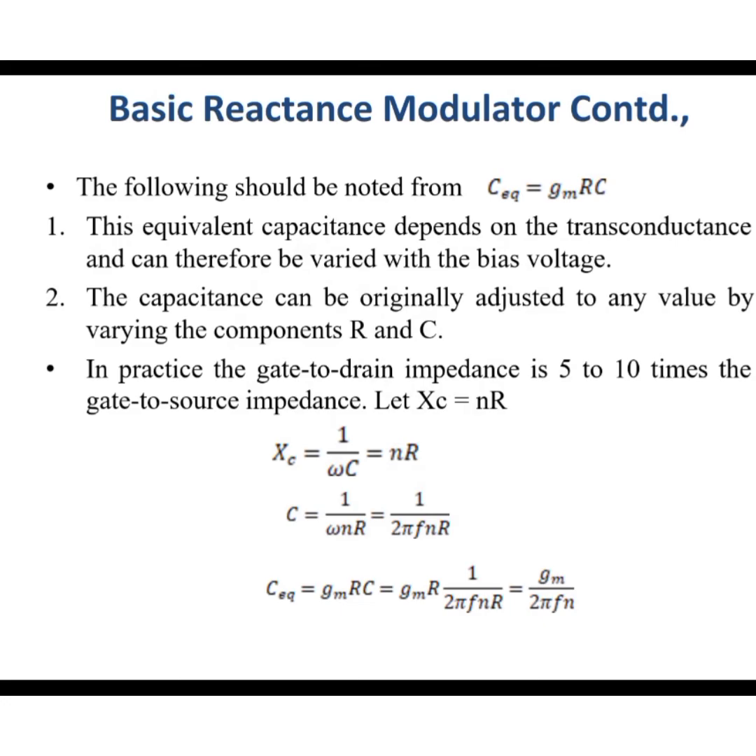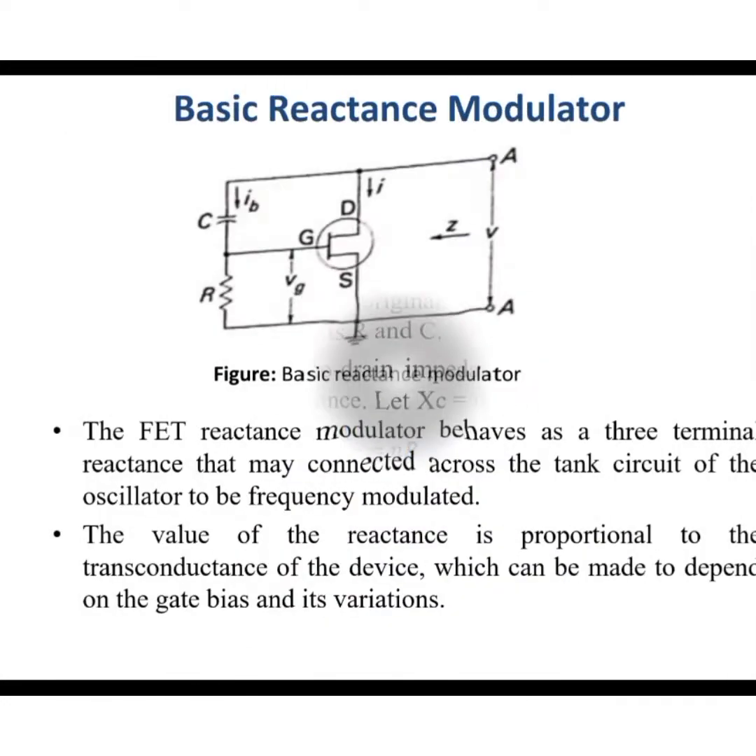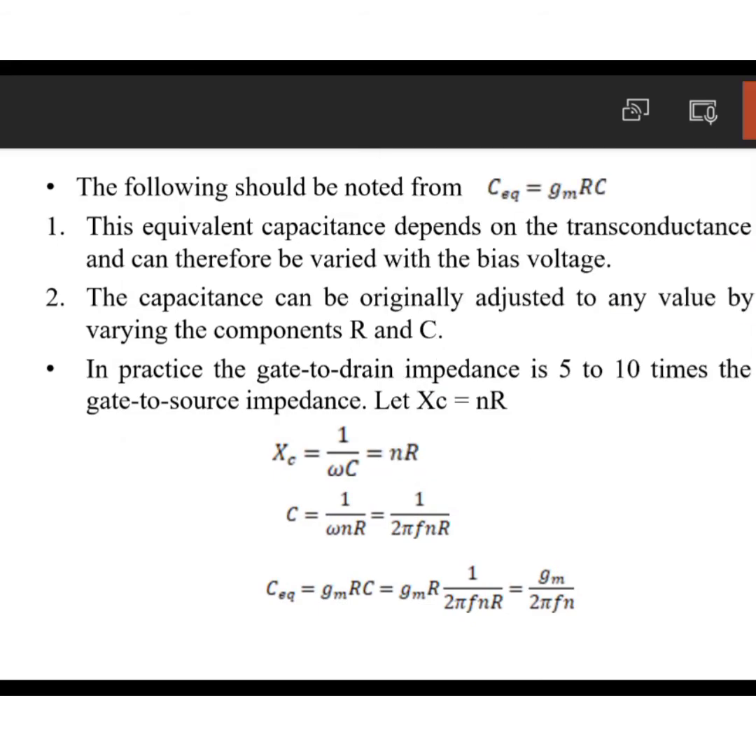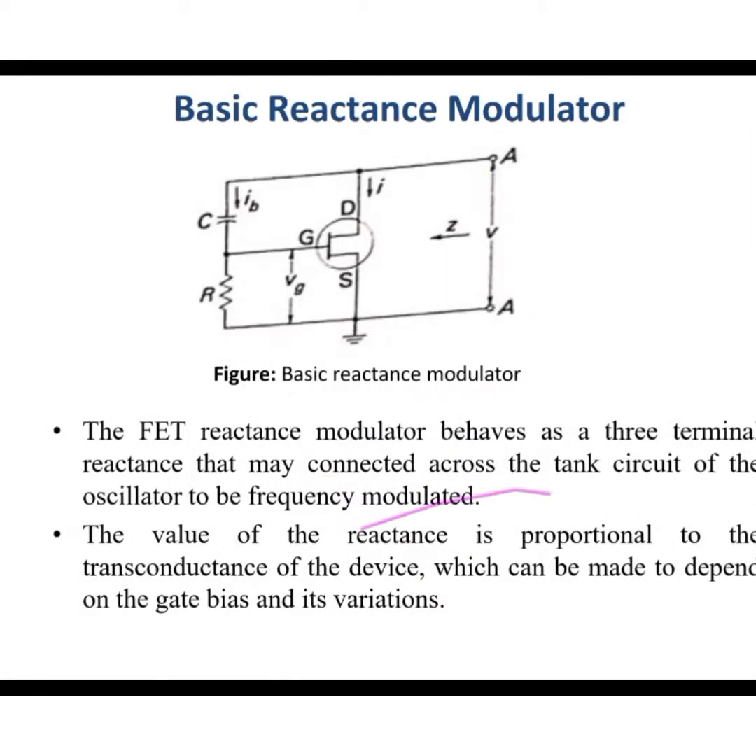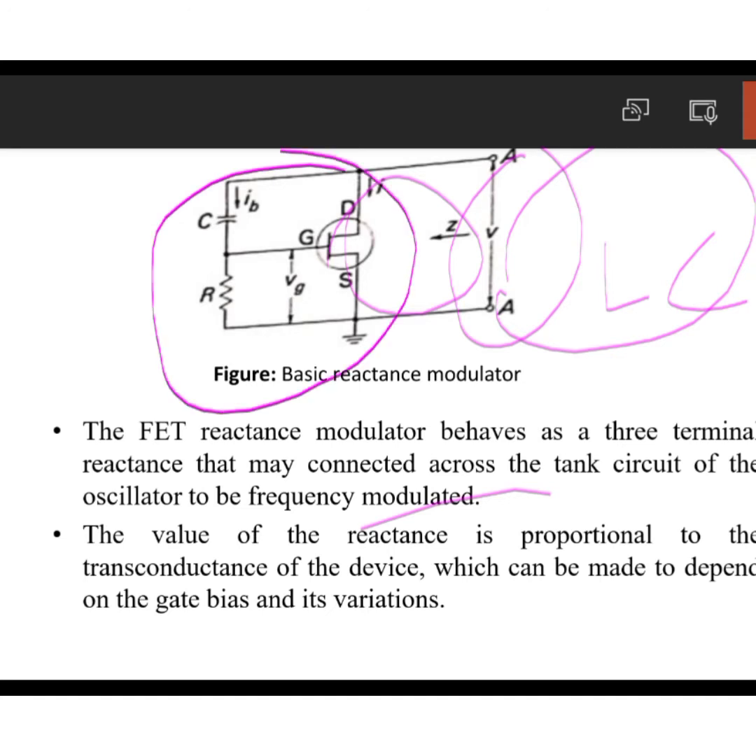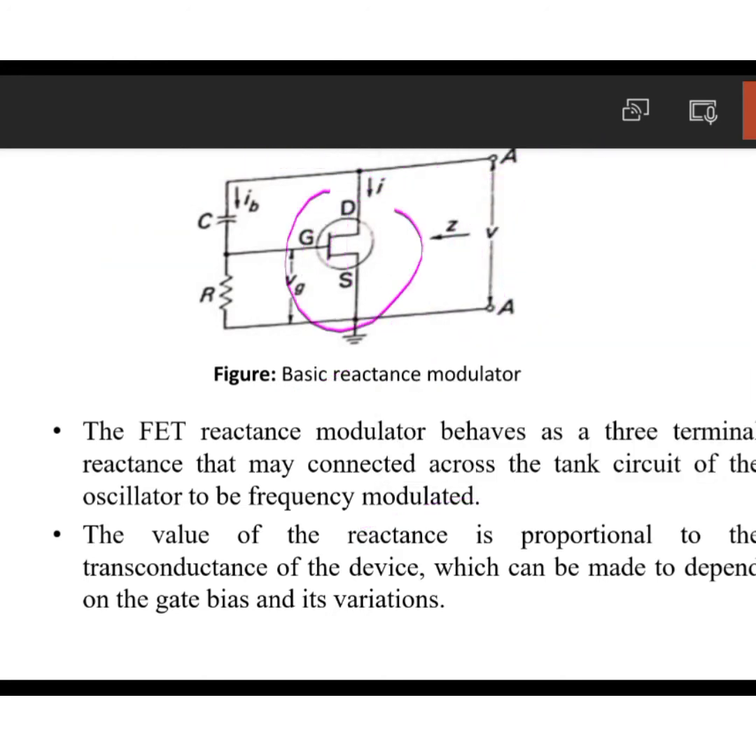So the basic reactance modulator we are going to discuss here is that the terminal across AB is the FET reactance. It is connected to the tuned circuit LC, right? So the reactance is proportional to the applied modulating signal. We are going to apply the modulating signal, and this FET reactance modulator works based upon